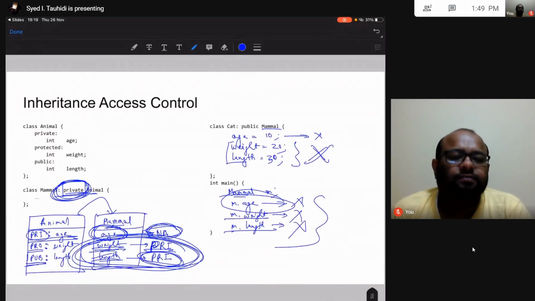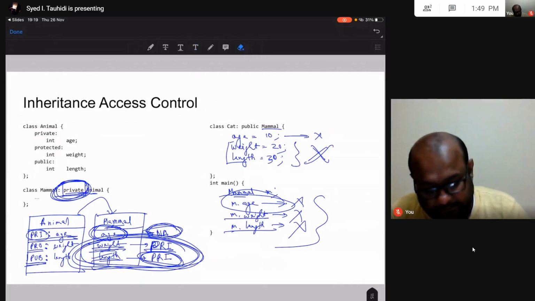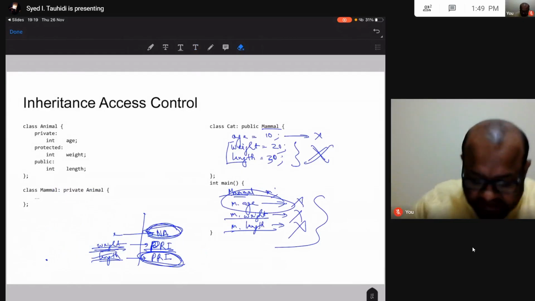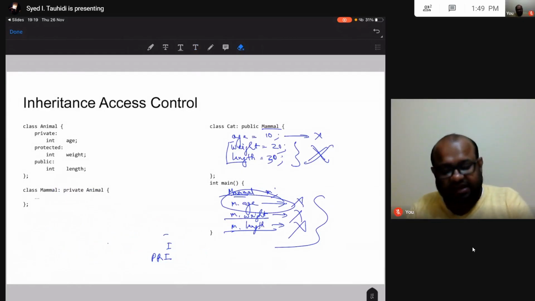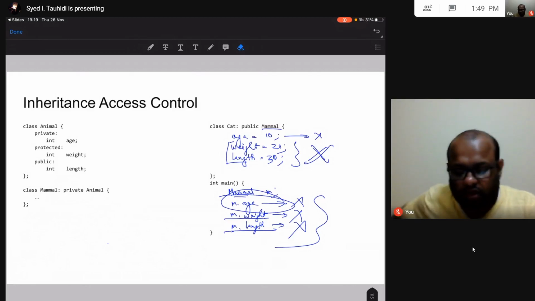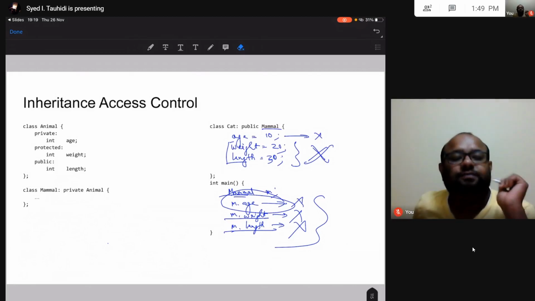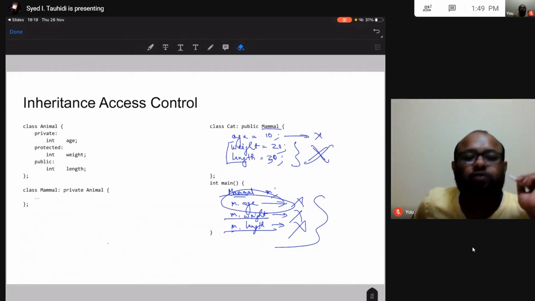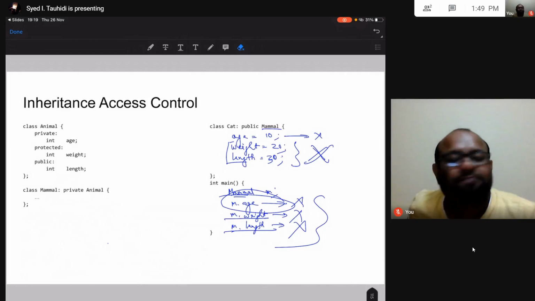Then where is the place where I can access weight and length? I can access weight and length if I do private inheritance. I can access weight and length only in my mammal class. Think about it. Weight and length, which were previously protected and public respectively, now become private, both of them.